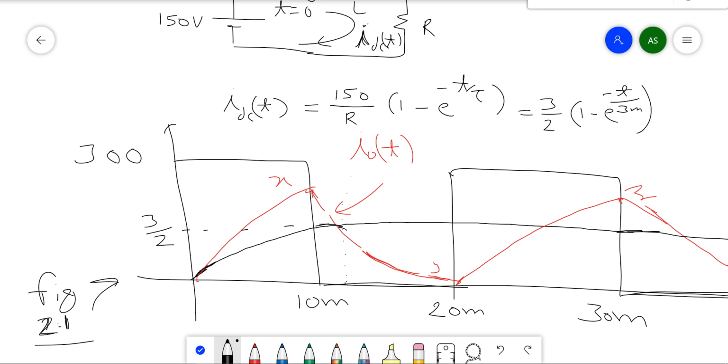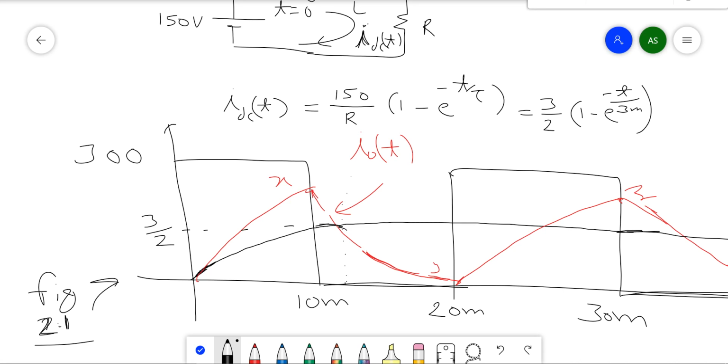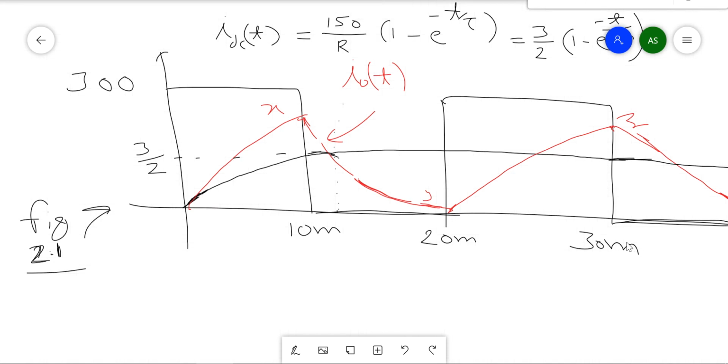So if you want to plot the V naught t in the same diagram, then you will have to take the value of I naught t to be lower than what has been represented in this particular diagram. Okay, so I think the plotting part is over. We have plotted V naught t, IT, IST and IDT. So this is very simple now. You know the I naught t. So IST